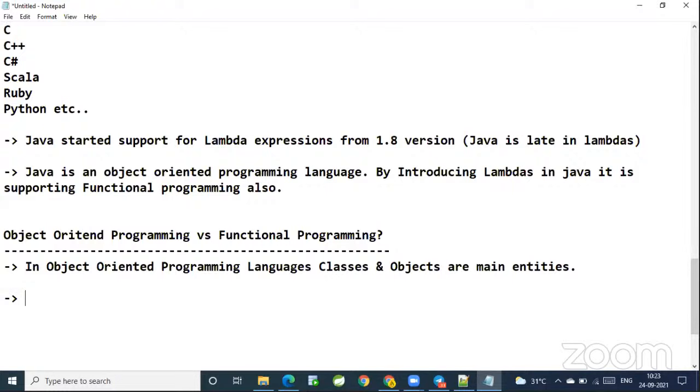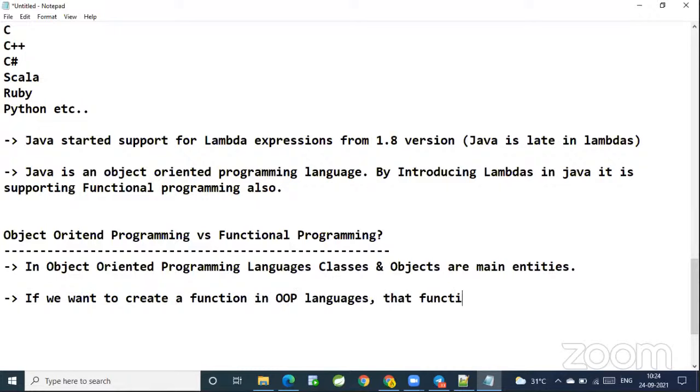If you write a function outside the class, it doesn't have any meaning, right? If we want to create a function in OOP languages, that function should be created